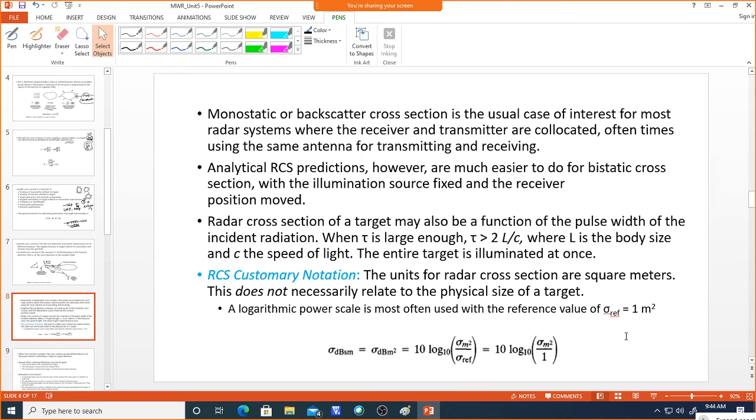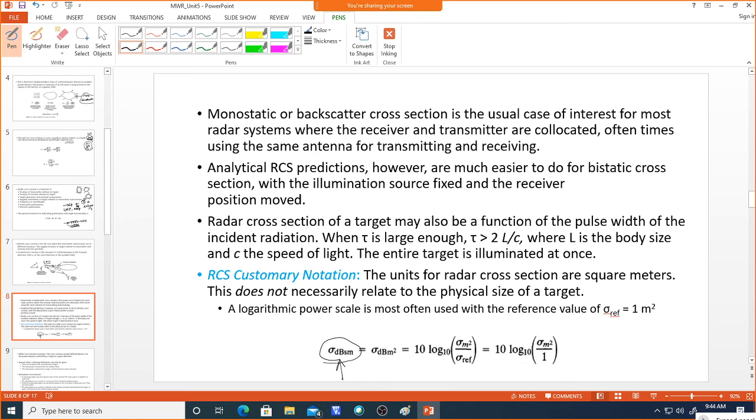So based on that, we can measure the radar cross section in terms of dB. Generally it is dB meter square, which is 10 log of sigma meter square by sigma reference, that is, how much radar cross section with respect to 1 meter square of area. So that will be given in terms of dB. Generally in all the IEEE standards they will use the dBSM. So sigma, the radar cross section, in terms of dBSM.